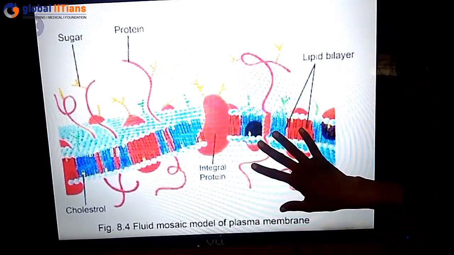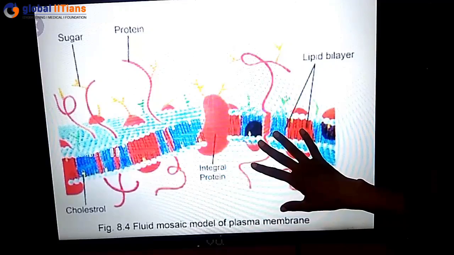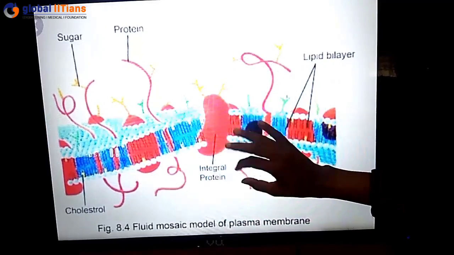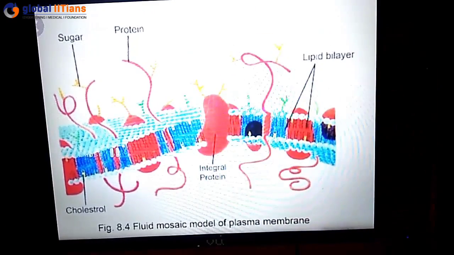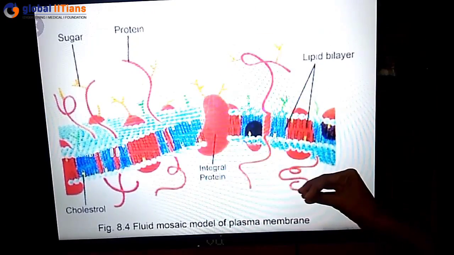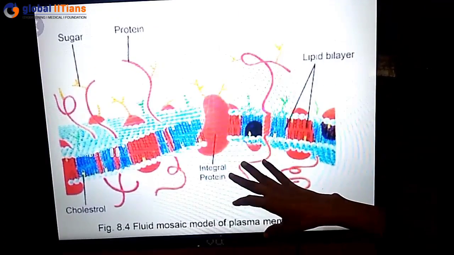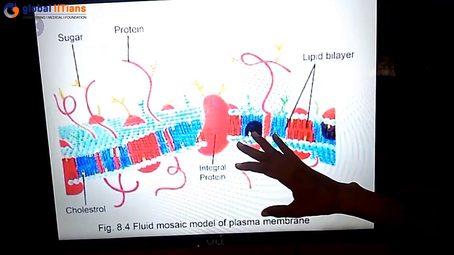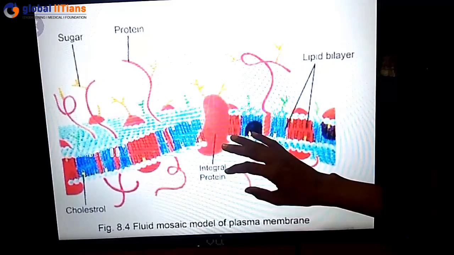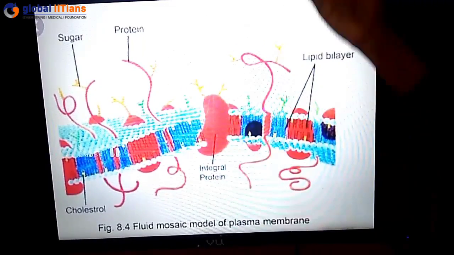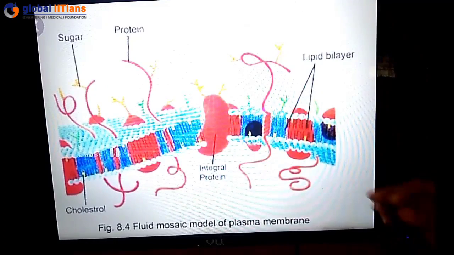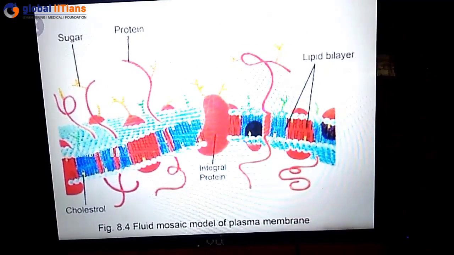So students, if you remember, in case of osmosis, diffusion, you have studied that whenever a molecule has to go from its lower concentration to the higher concentration gradient, then it has to spend some energy in the form of ATP. Okay, so here also the cell has to spend some energy in the form of ATP so as to move across, okay, and hence then that transport becomes active transport.